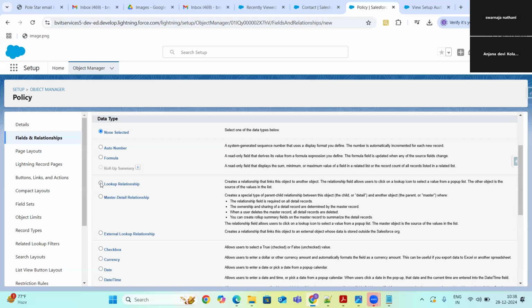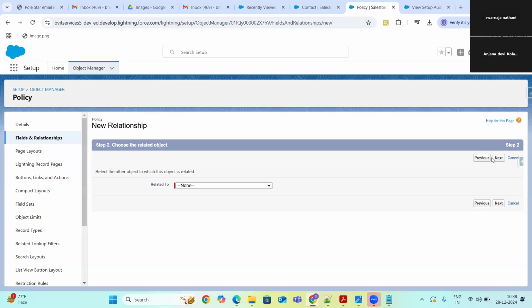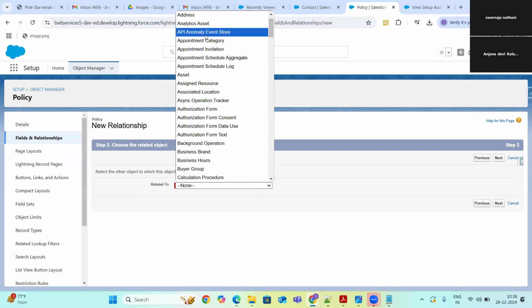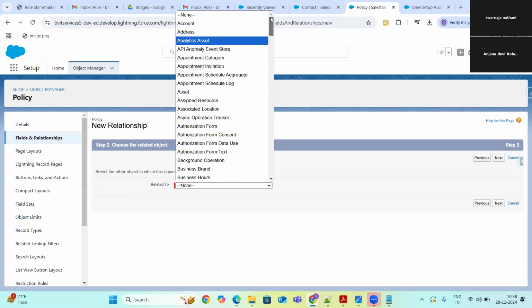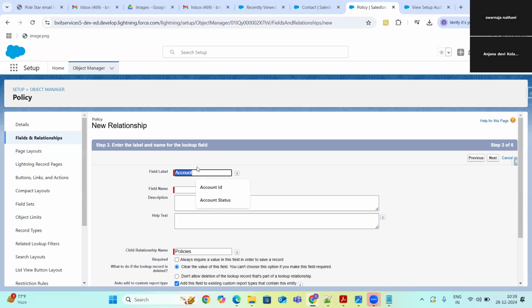If I click on lookup and click on next, this is the way you are going to select your parent record. From the policy, I am connecting to another object. In my case, we can use account, right? Clicking on next, I can give simply account.